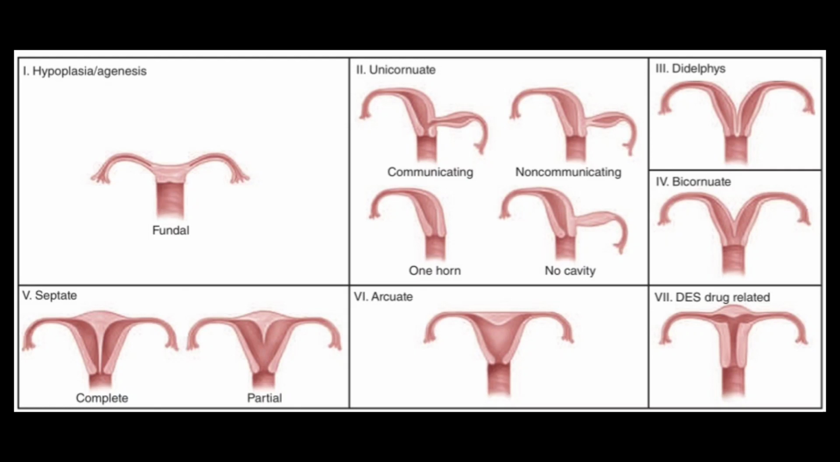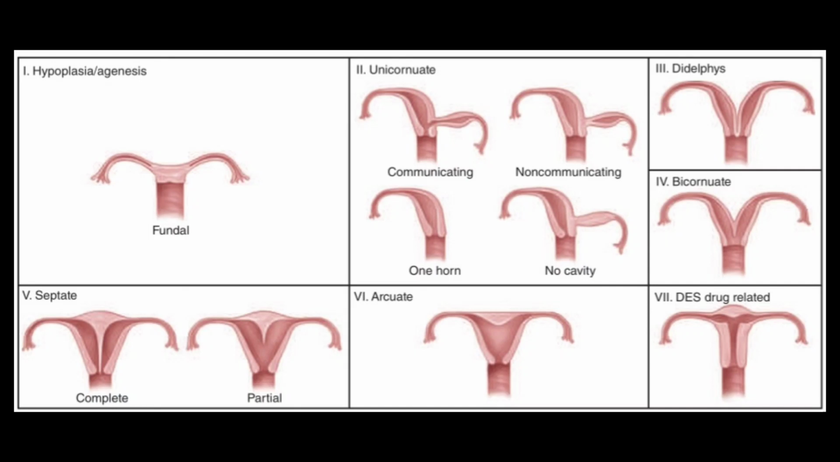On this image, in the second part, you can see a unicornuate uterus. There must be a rudimentary horn; sometimes it will be communicating. Here you can see the rudimentary horn endometrium, and its communication can be seen with the major endometrium. Sometimes they will be non-communicating: although the rudimentary horn has its own endometrium, it is not communicating with the